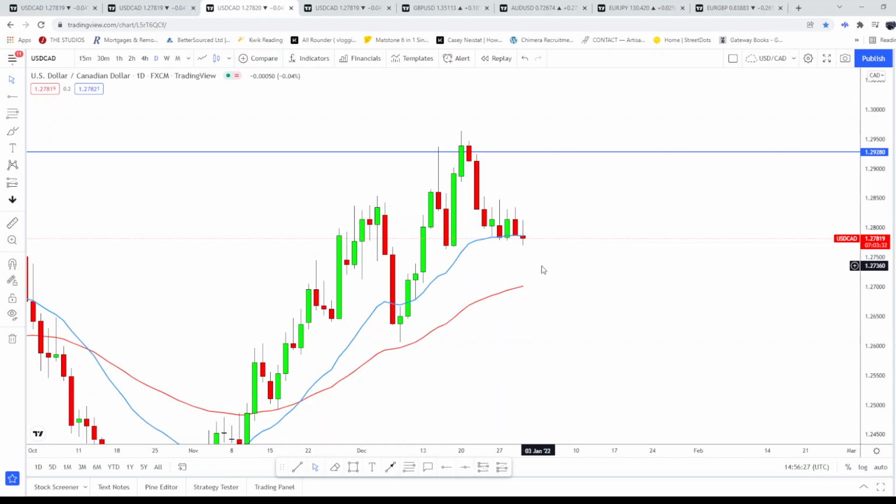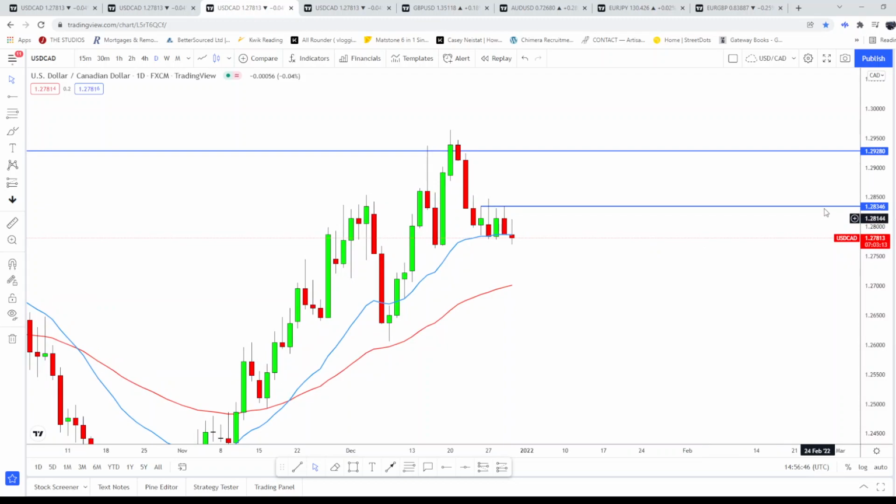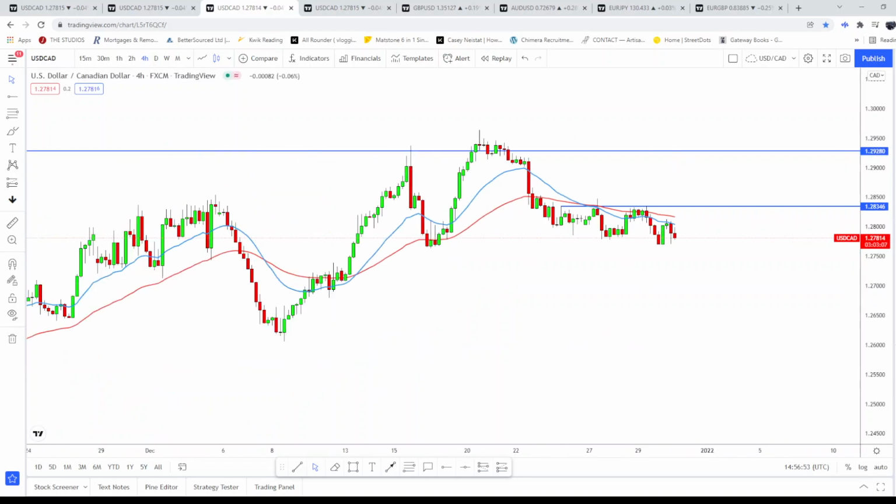So, probability of winning trades, let's say. Here last week we see the shooting star, another shooting star, and in this area it's more like a consolidation phase, but it was more like rejecting this area, 1.2834. And then as we move down onto a lower time frame, on the 4 hour, we can see this